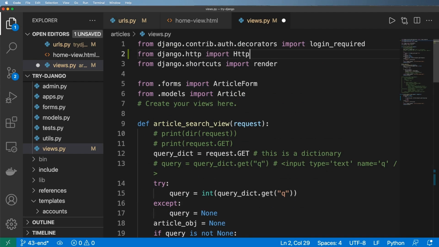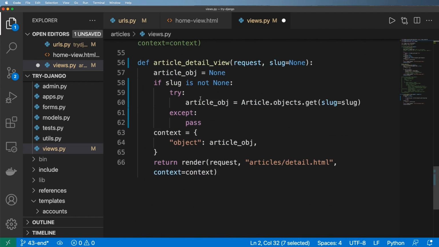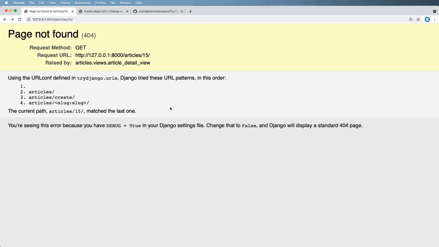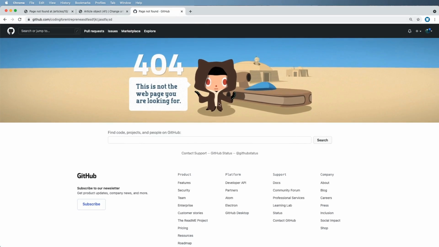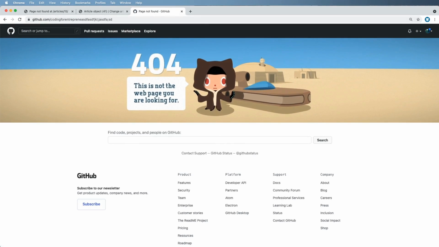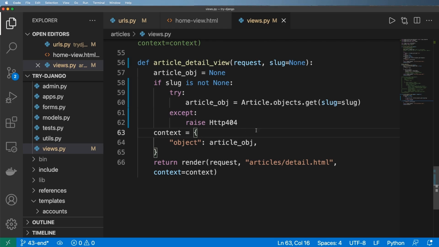So we're going to import Http404. And so what this will allow me to do is come down into that detail view. And instead of passing here, we can raise Http404. And so if I refresh, I now see this page, the page not found, the original one, as if a URL was not even there. But we know that the URL was there, and we also see that it was raised by that actual view of this 404 page. Now, I think you're already familiar with 404 pages. You probably have used them somewhere. So if I go in GitHub and type in some gibberish, I see a 404 page. So Django actually does that for us. It actually gives us some sort of 404 page, which I think is pretty cool.